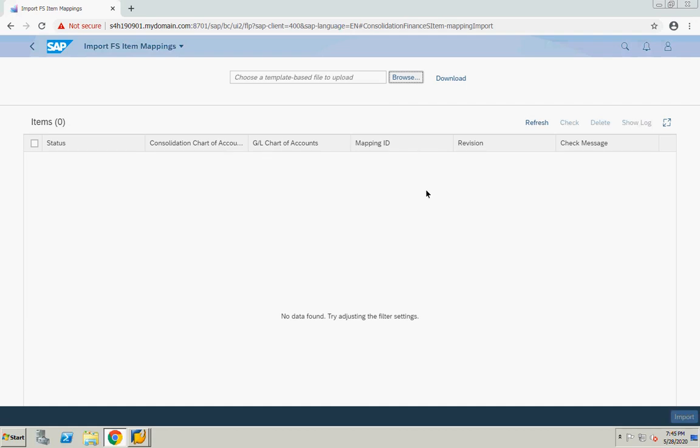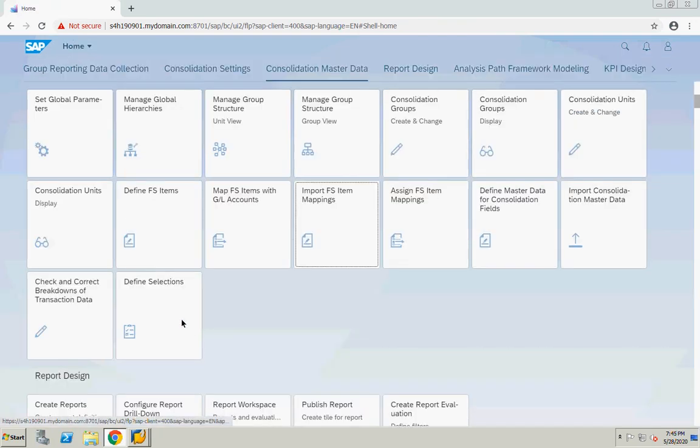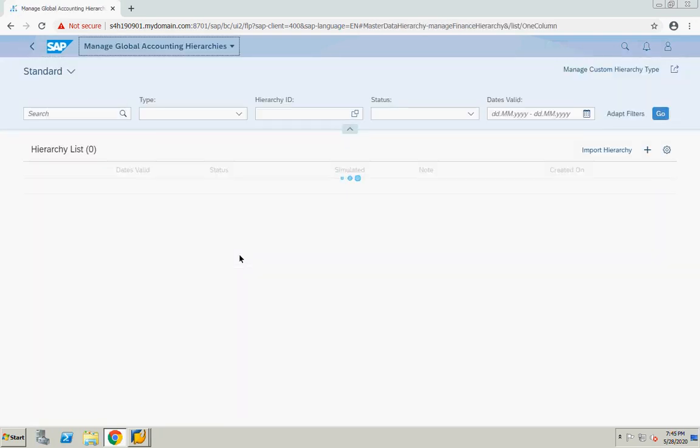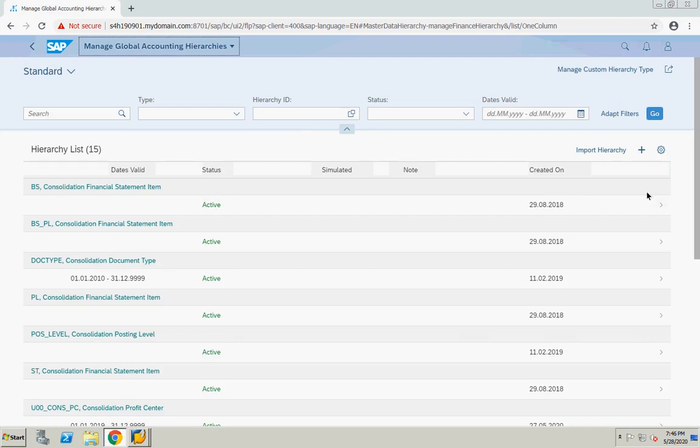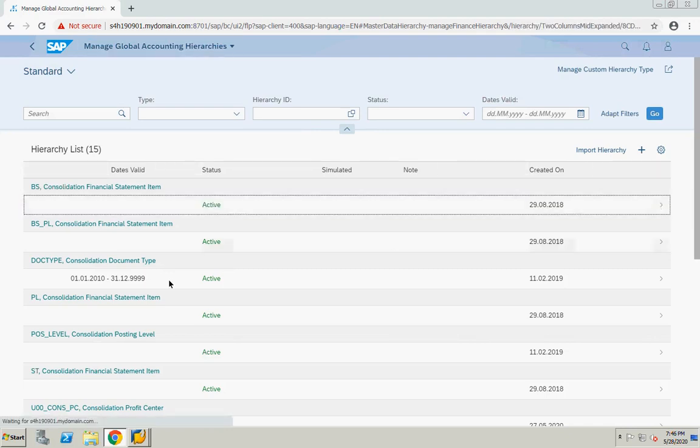Kiran, a question on the FS items Y1 again. Assuming that we import the client's Y1, I think it would be okay to make the Y1 account with the client accounts, because when you create a hierarchy, the client account will show up and the rest won't show up, right? See, if I go to my accounting hierarchies, let's say my balance sheet financial statement item, consolidation financial statement item.